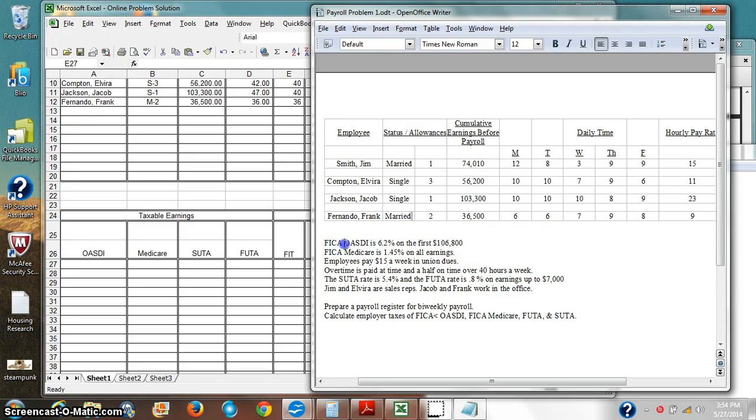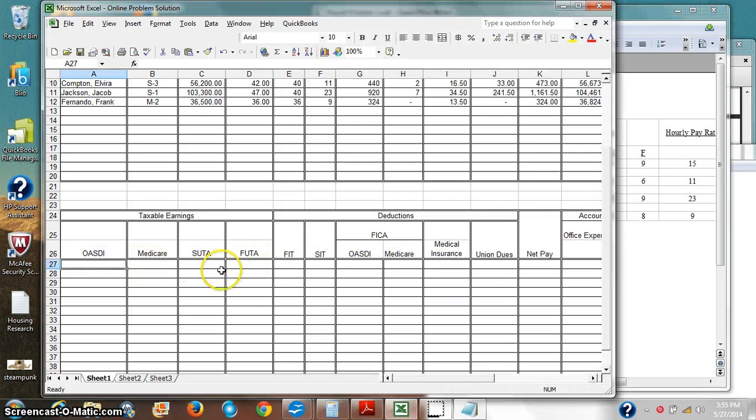FICA OASDI is 6.2% of the first $106,800. That's the first amount that I pull from. Now, Medicare is on everything, all earnings, and there's also some other deductions as well. So, for taxable earnings,